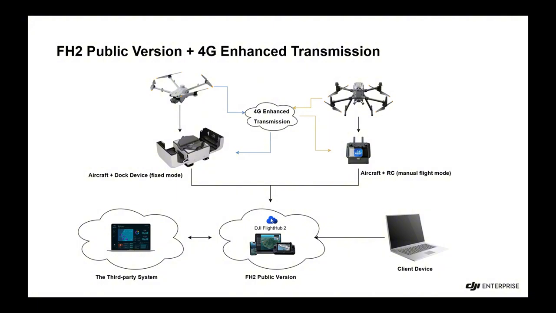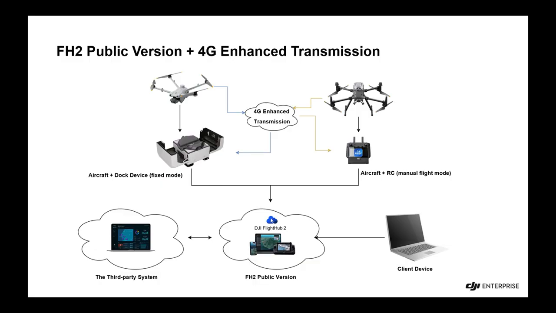If you have a third-party integration that communicates using Cloud API or the Open API, that connection is also through the public internet. And you have client devices accessing this data through FlightHub 2. This applies to both the dock and the